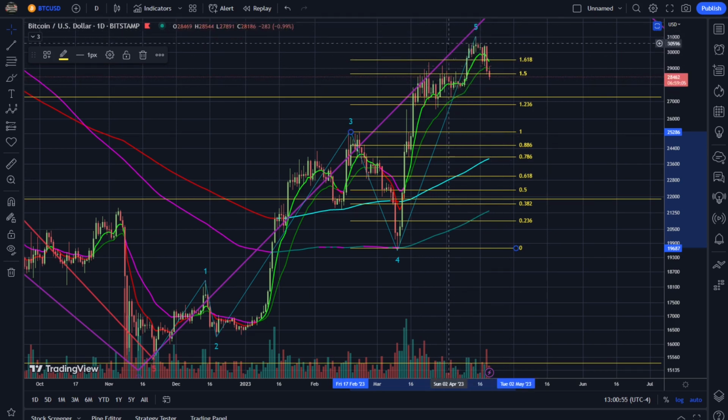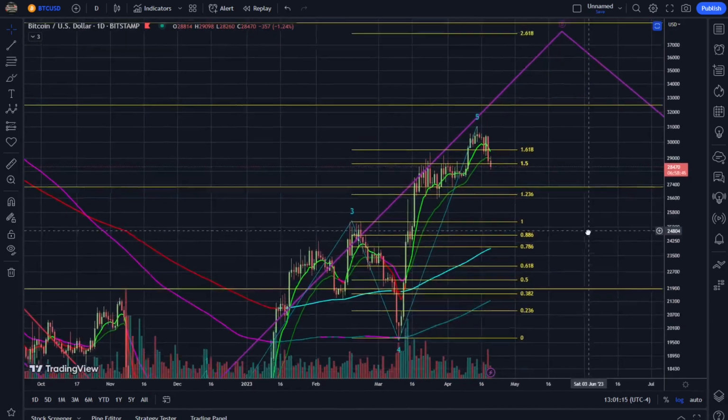But now this is really looking like a blow off top, as all of the move to the upside has now been removed with that pullback to the downside. So the real question is, is this going to be the macro top, or can we get one more push up here in the meantime? So if we just turn off the auto function and kind of zoom out right here,